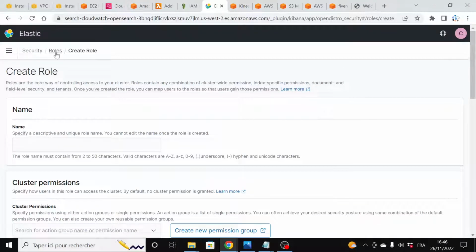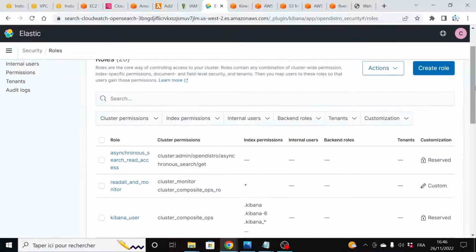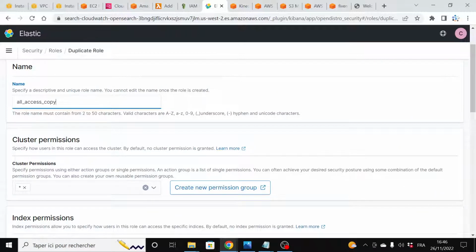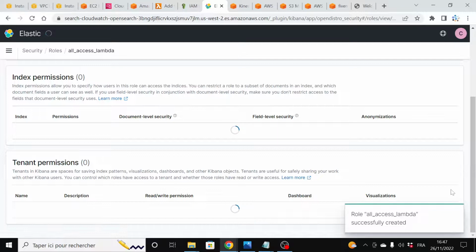Or I will just, to go very quickly, check the role that has the full permissions. I will scroll down here, this one, and duplicate the role. For the name, it's all access Lambda. Then scroll down and create that role. Then I need to map that role